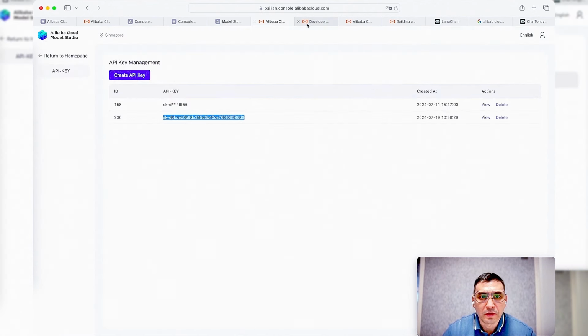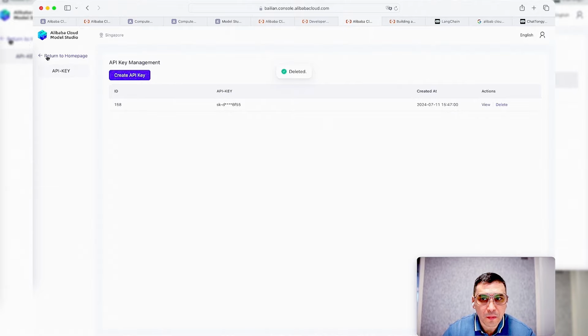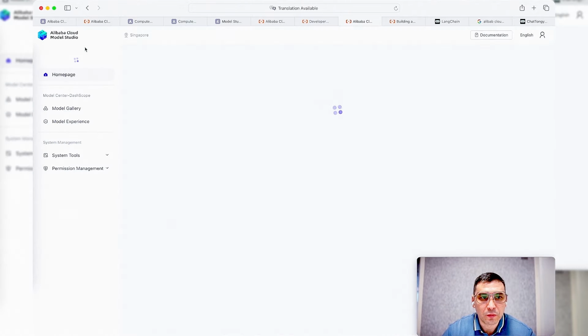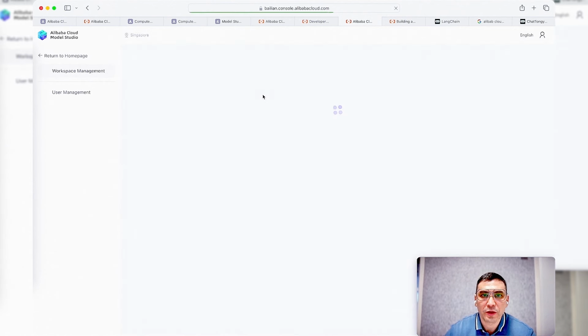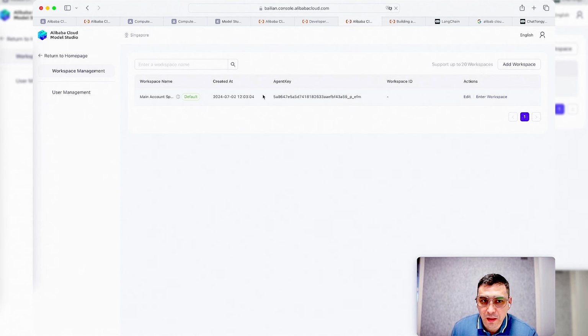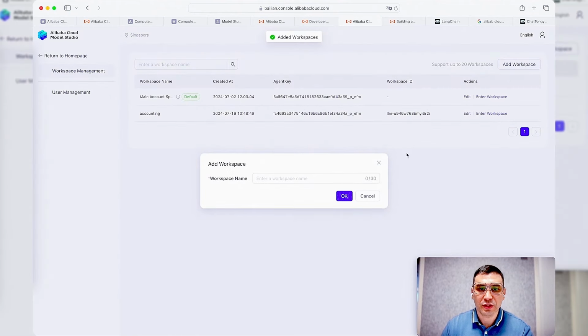At the same time, I wanna share one thing with you. First, let me delete this API key. In Model Studio, we can see interesting things. Here is workspace management. If you want to create several workspaces inside your enterprise, and then control the APIs and know the details, you can create workspaces. Add workspace. Let's say that can be for accounting, another workspace for financial,